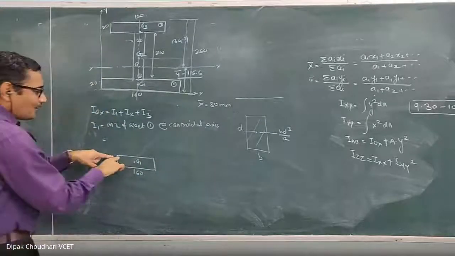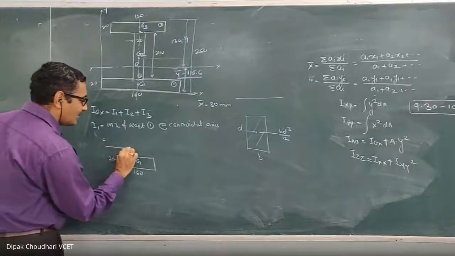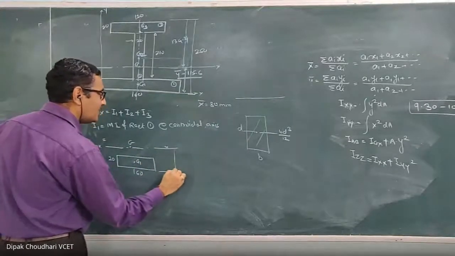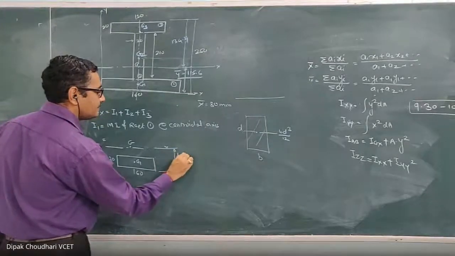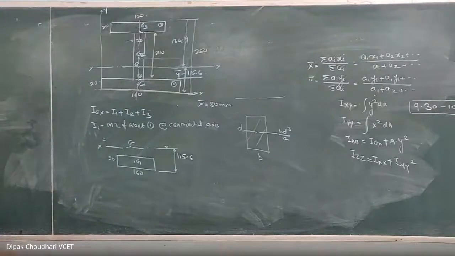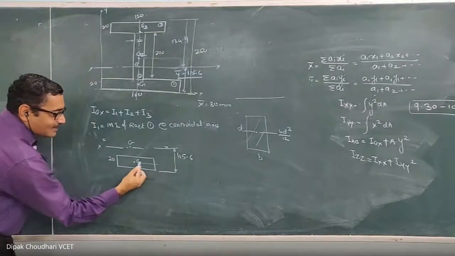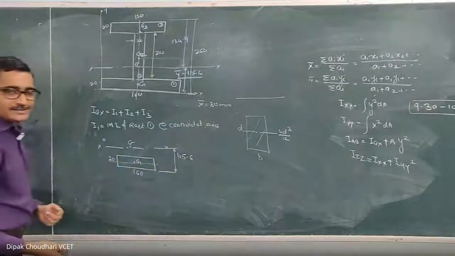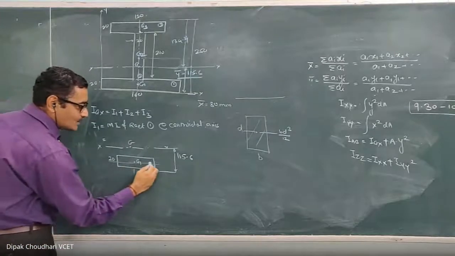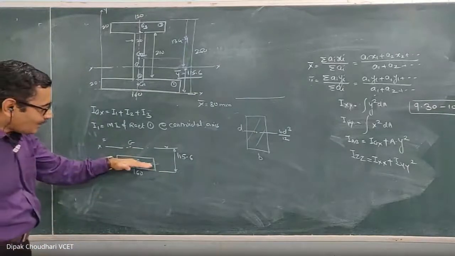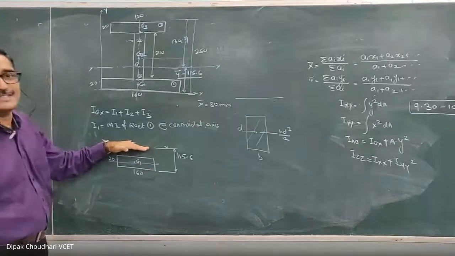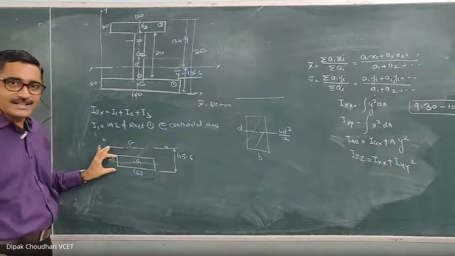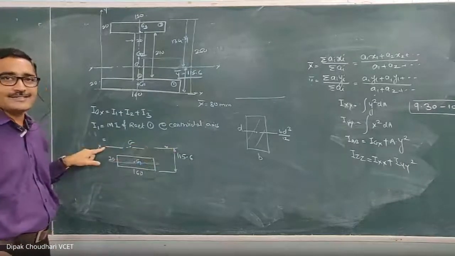So I want to find the moment of inertia of this rectangle about this centroidal axis. This is the centroidal axis of the entire lamina, which is at a distance of 115.6 from the bottom. If I had to calculate the moment of inertia of this rectangle about its own centroidal axis, I could have written directly BD cubed by 12. But now I have to find the moment of inertia of this rectangle about this axis. This axis is the centroidal axis of the entire lamina, but with respect to this rectangle 1, this is not the centroidal axis. This is any other axis.